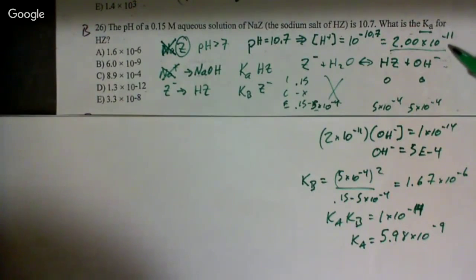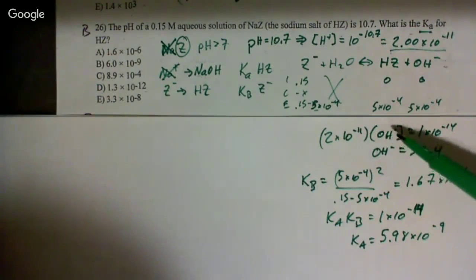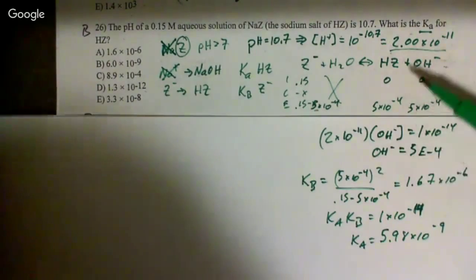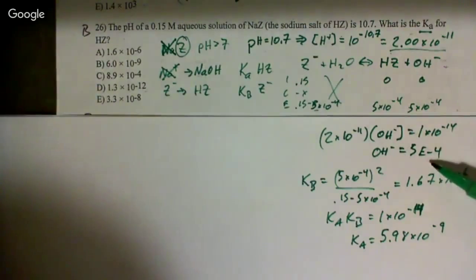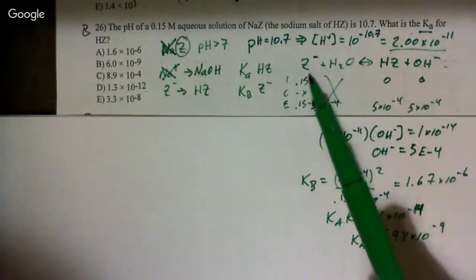Since I had an H plus value, I said that if I know the concentration of H plus, I know the product of H plus times OH minus is 1 times 10 to the negative 14th. So then I found the concentration of OH minus in this salt solution as 5 times 10 to the negative 4th. At that point, I said, look, I already know that this is the hydrolysis equation for the Z minus